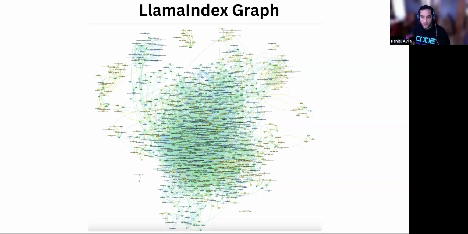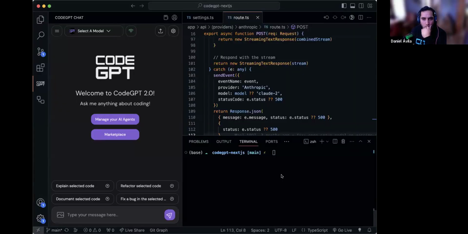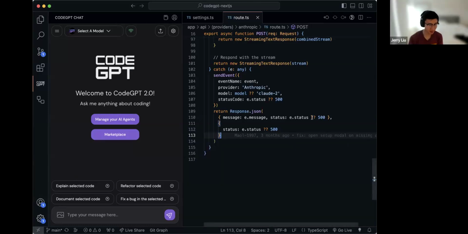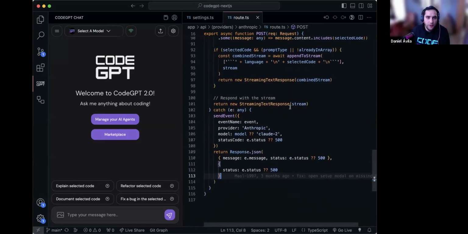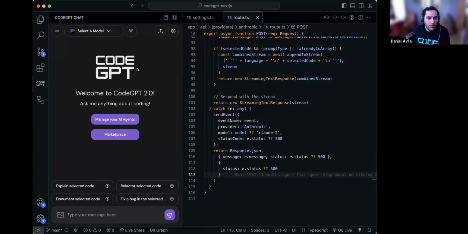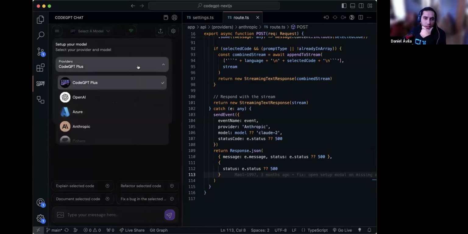Yeah, we are getting more context. Let me show you the extension pretty quick. Can you see the extension now? Yep. Okay. So for example, here we have the extension over here. You could select different kinds of models.